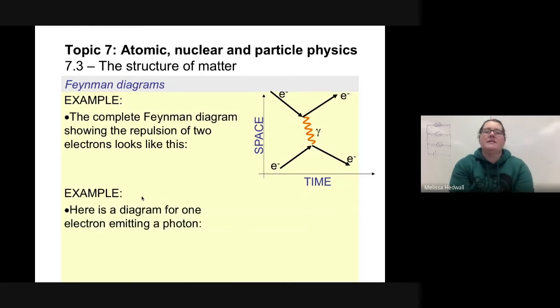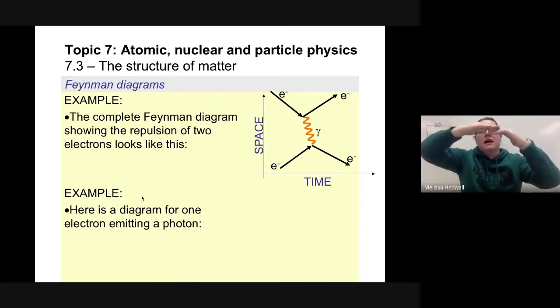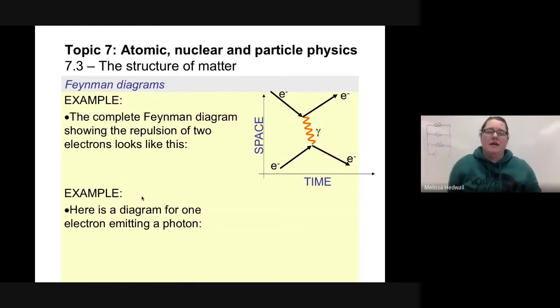In this one, it says complete the Feynman diagram showing the repulsion of two electrons. It looks like this. You have the electrons coming toward each other, one coming down, one going up. They meet and collide, and then they spread out back apart from each other. The force that propagates the electromagnetic force